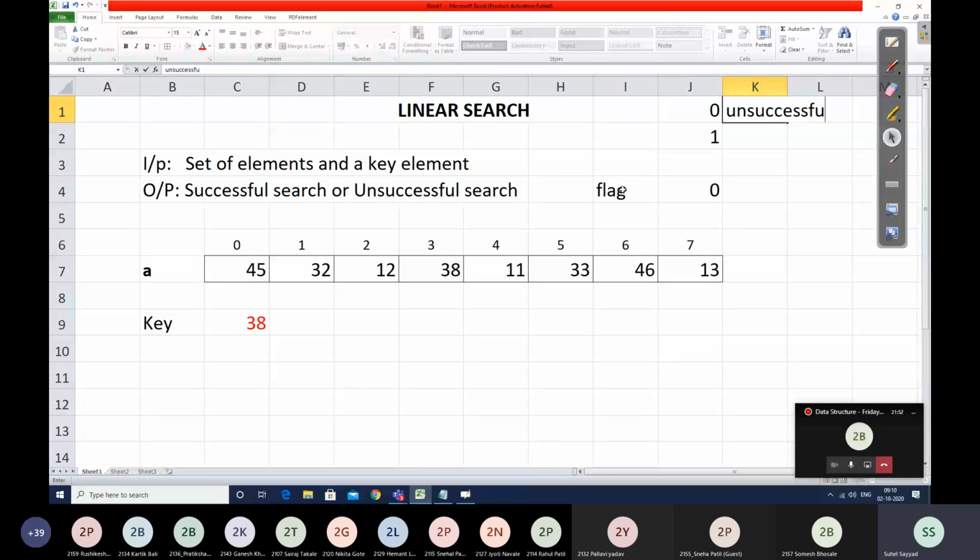So initially when we start solving this problem, we have not found that number, right? So what will be the correct initialization for that flag variable? It will be 0. So initially our search is unsuccessful. As and when we progress in our array by comparing the key element with A of 0, A of 1, A of 2, sometimes when our value is found to be equal, then we are going to change this flag variable to 1 and indicate that our search has become successful. And in that case, we have to come out of this for loop.